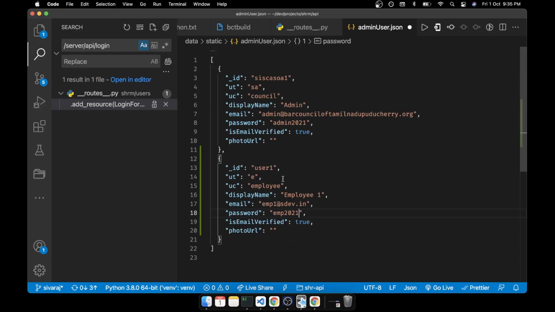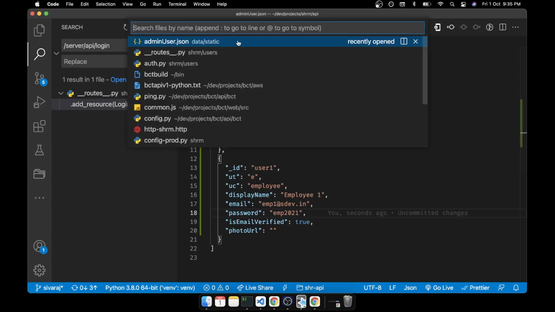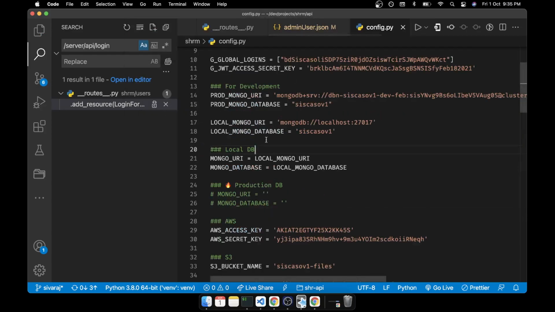Okay, email verified true. Okay, so now we'll just try to generate it. So we'll just look for the config. Config is pointing to localhost, and what is the name of the collection? We'll just change it to shrm v1. So this also shrm v1. I don't think there is such a user, but we'll try to keep it this way.